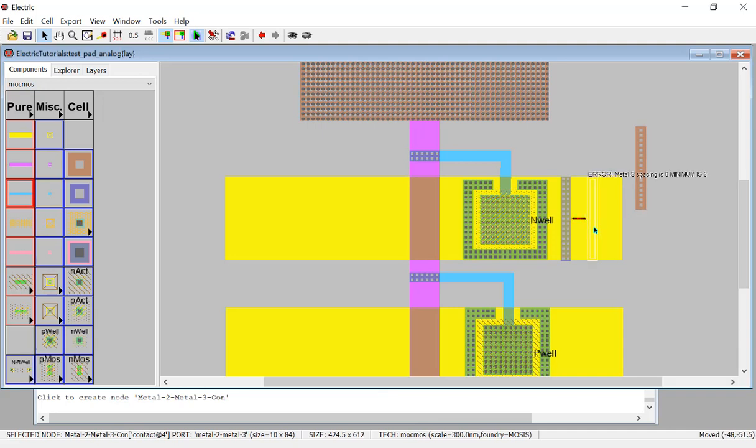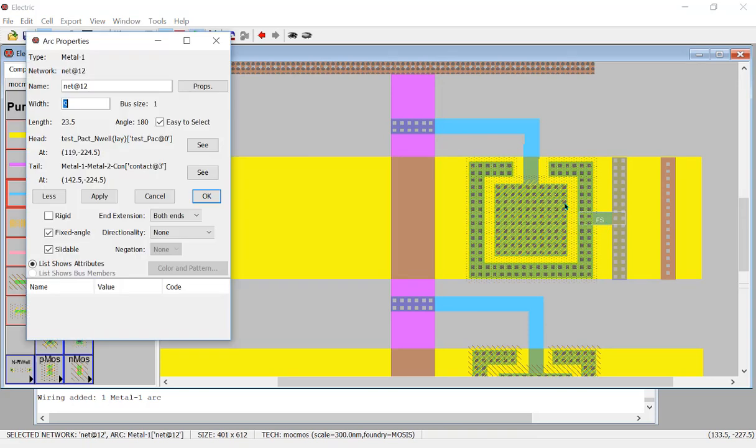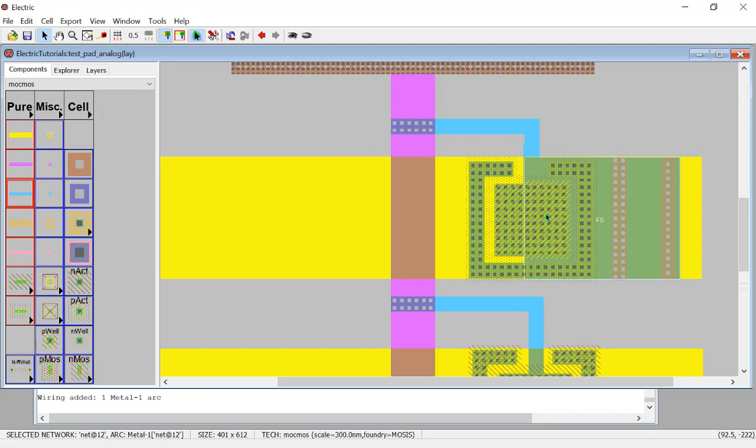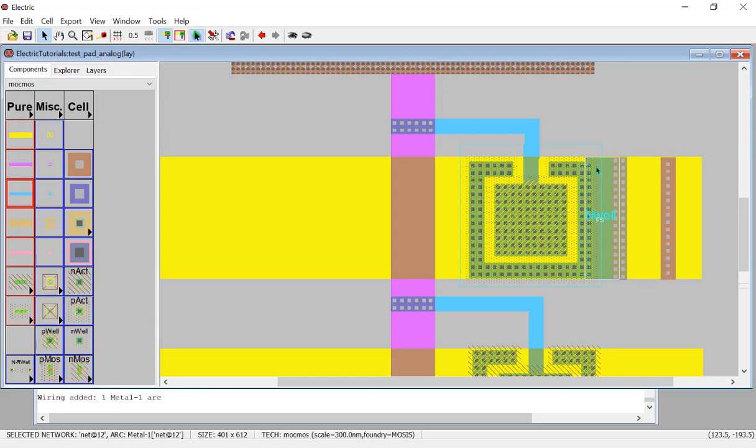All right, so put it here for the final contact. So we want to do this, pick it up, right click. So that's metal 1 to metal 2, and we want to make this one longer, which is 84, and do not let it extend on either end, so it looks better. Same here, right? Pick it up, and then metal 2 to here. All right,